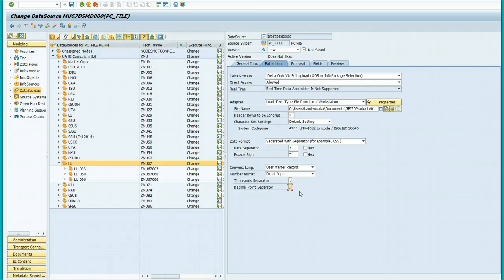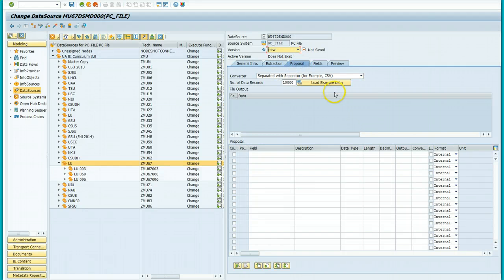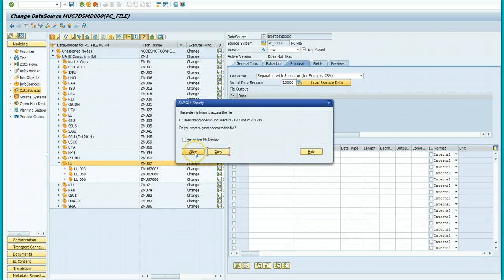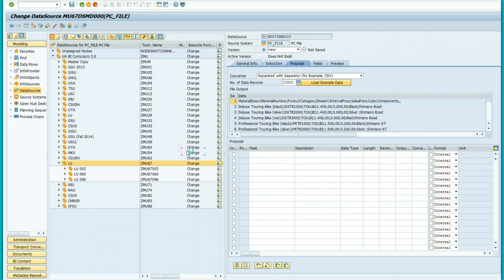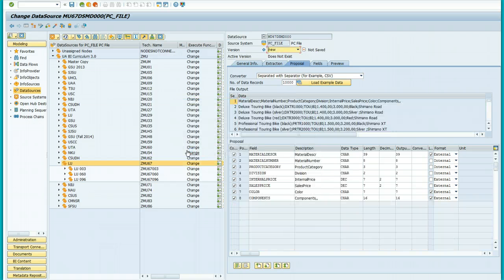Okay, next I go to the proposal tab. In the proposal tab, let me just click on load example data and see if it is working. Allow, and remember my decision and allow. Okay, so it's loading. Then I need to go to, okay, at this point let me save my result,